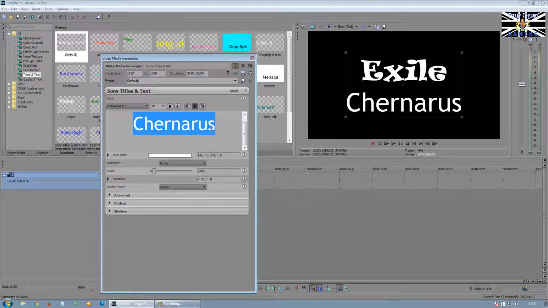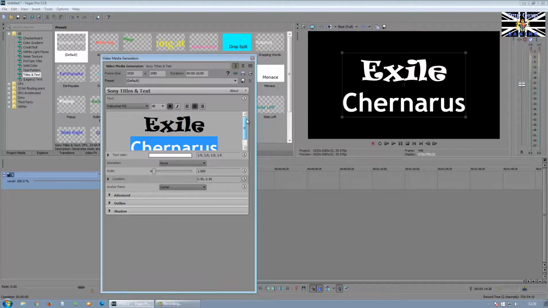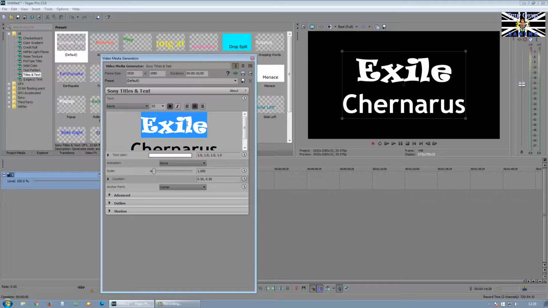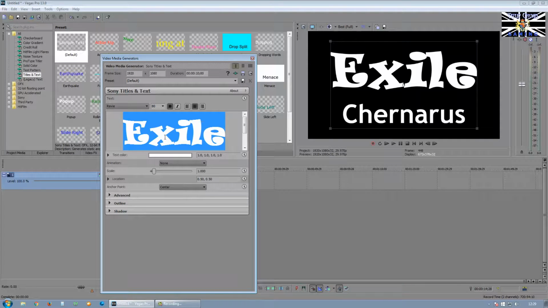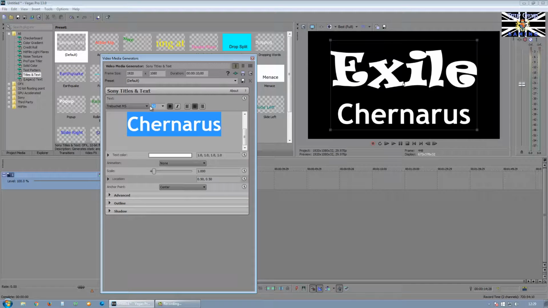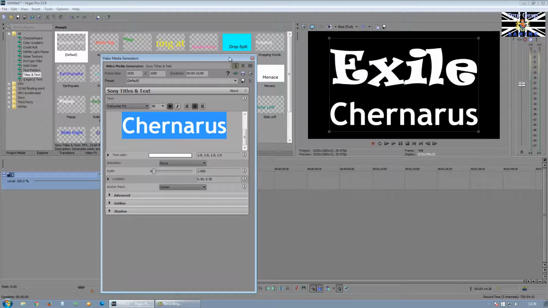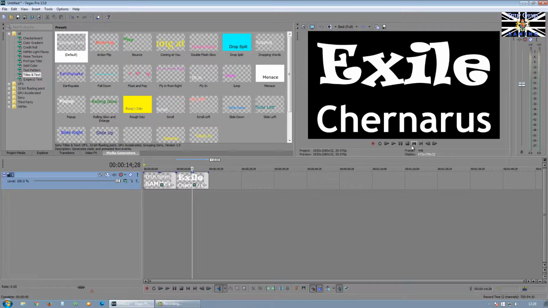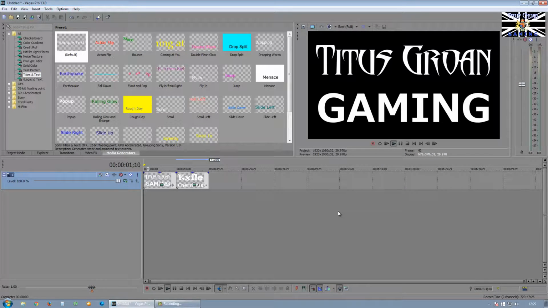Trebuchet MS, and we're going to bold that. I don't think this will make any difference. And then we're going to make this 52. They don't do anything. They don't look any bigger. Okay, let's make it 80. Okay, that's a bit too big. That's fine. Now we'll just make this bigger. Make this 52. I think that'll be too small. Yeah, make it 60. No, 58. Perfect. And now I'm just going to scale it up just a bit. That's fine. Lovely. So, as you can see, it's doing nothing at the moment,